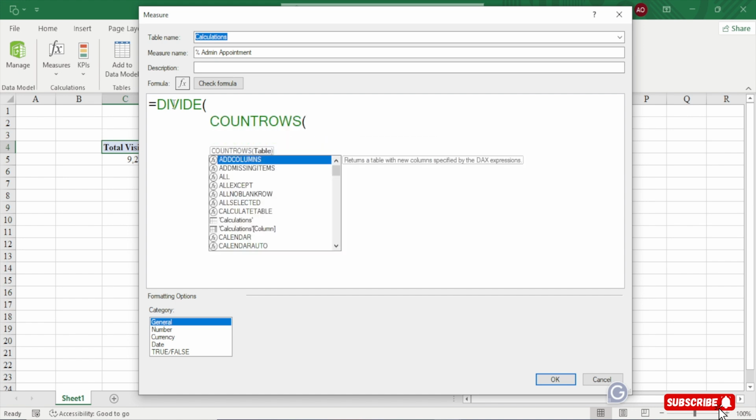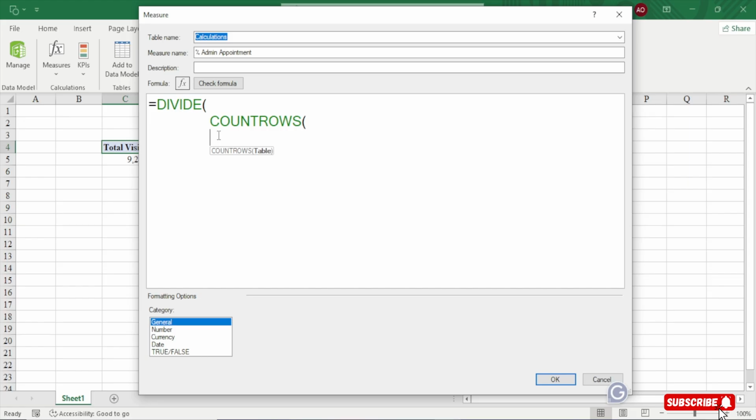Now, I don't want to count all the rows in the admin column. I want to count the rows where the is admin column is equal to what? Yes. So it means if it is equal to yes, that patient has himself or a relative working in our hospital, right? Perfect. So now what I can do is to filter